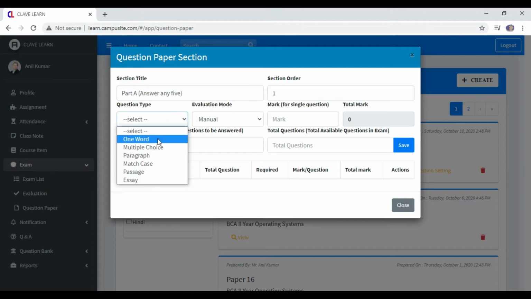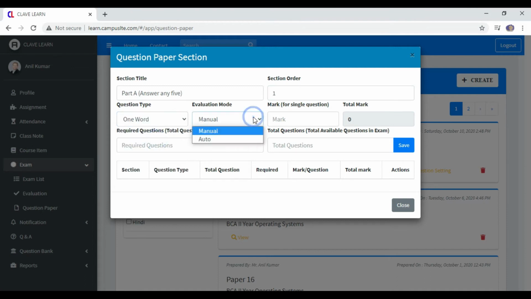In case of MCQ and one word, we have the option of auto evaluation. Next, go for giving marks for single questions. In the next two columns, we need to fill in the required questions to be answered and the total questions in the section. And we can save the details.